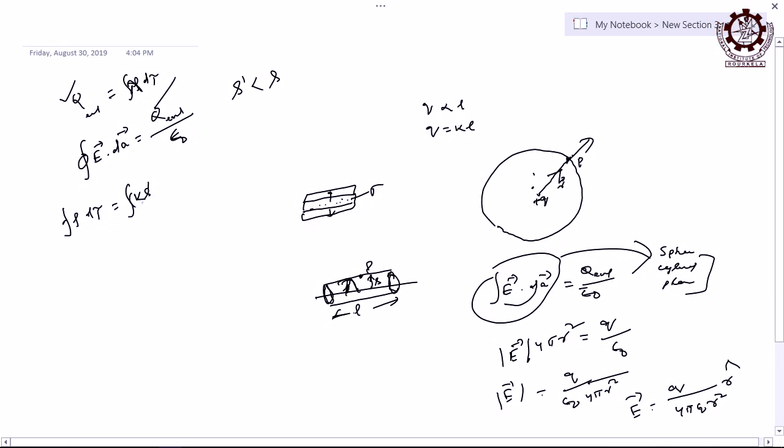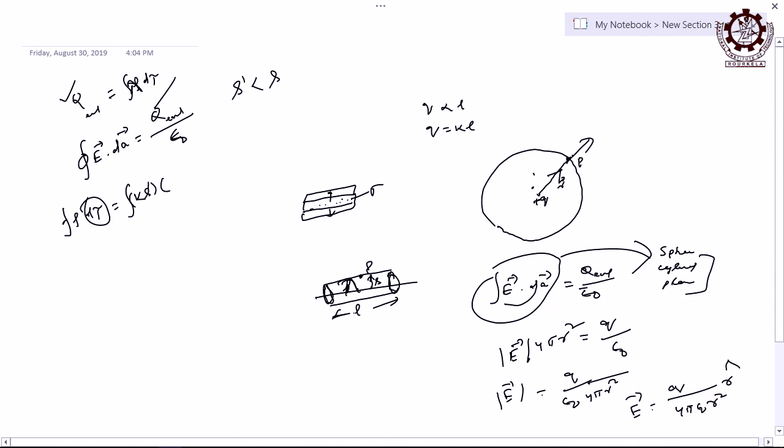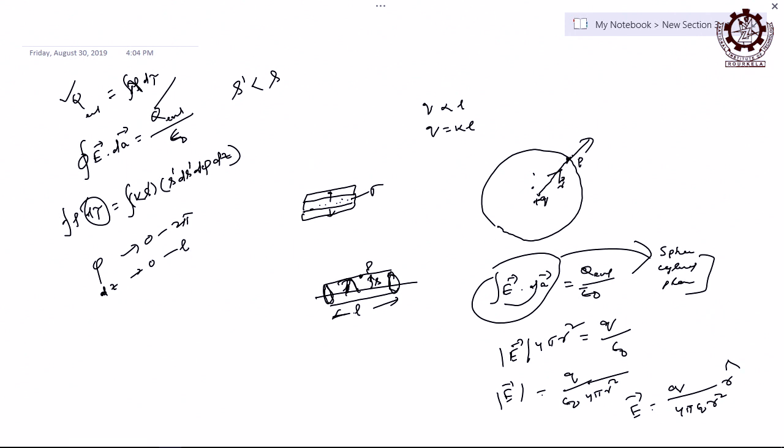Now you tell what is this d tau, that small elementary volume of the cylinder in cylindrical coordinates. Of course, it should be cylindrical coordinates, right. Then what will that volume be? It is s prime ds prime, then d phi and dz, that is d tau, right. Go back to cylindrical or curvilinear coordinates and check it. Here phi changes from 0 to 2 pi, and z changes from 0 to L, if the length of the cylinder is L. With this you integrate first to get your q enclosed.